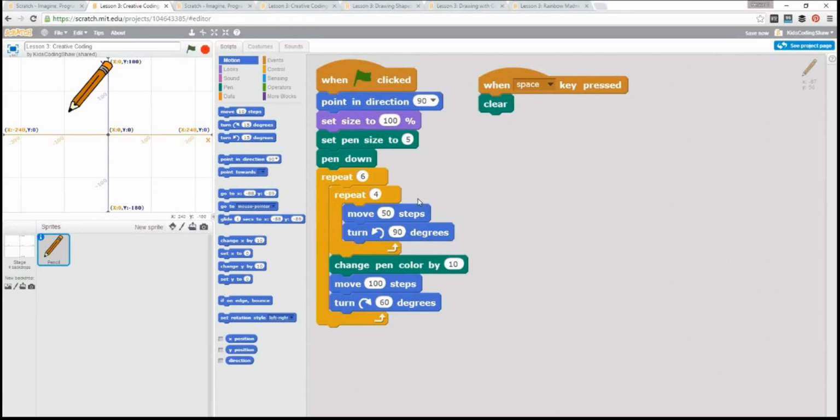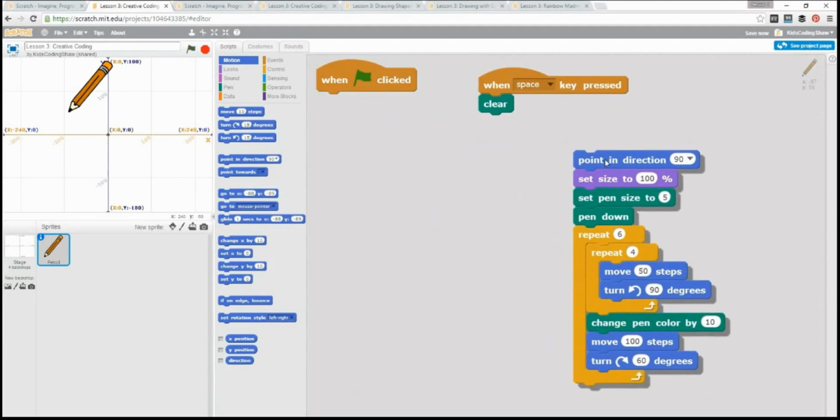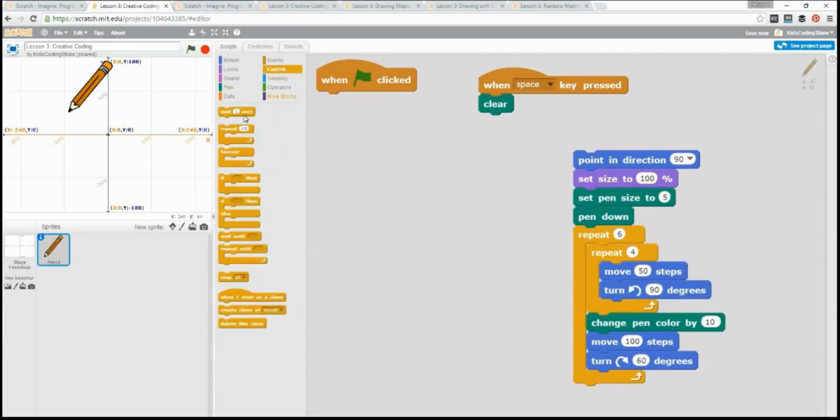Zayed, you're asking how to make a circle, and that's an interesting one. So maybe we'll take a few seconds just to show you how to draw a circle. It is the exact same idea as the code we just used, except we can do it a little bit faster, I think. We can use a repeat